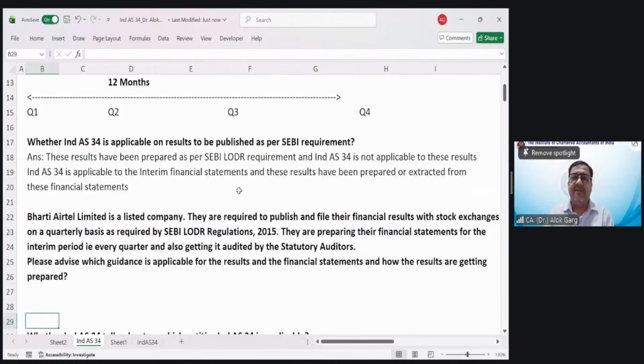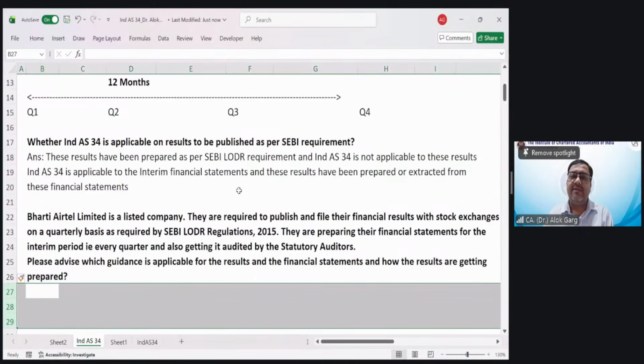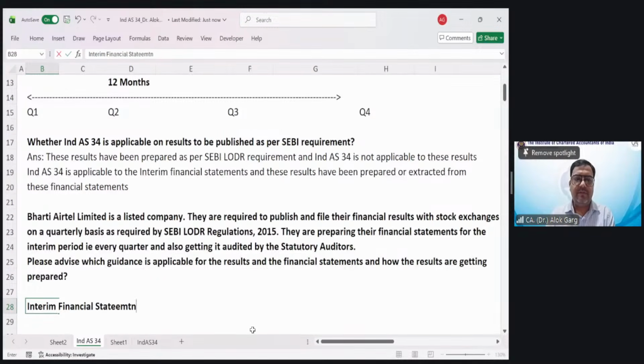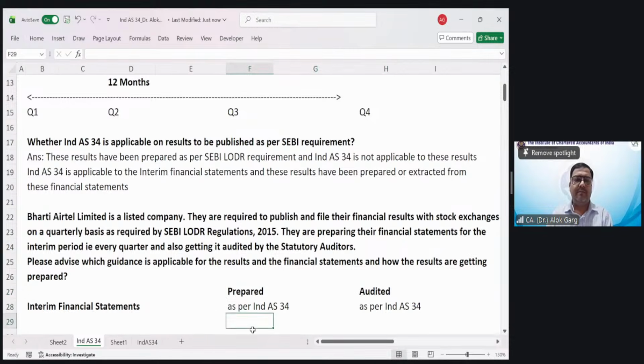So in this case, Saminathan is saying, sir, firstly, Airtel will prepare the interim financial statements as per Ind AS 34 and audited based on the information, right? So first of all, interim financial statements are prepared as per Ind AS 34 and audited as per Ind AS 34. Okay, now